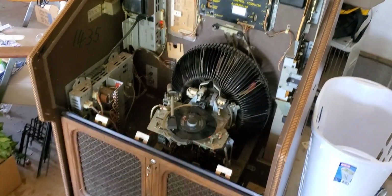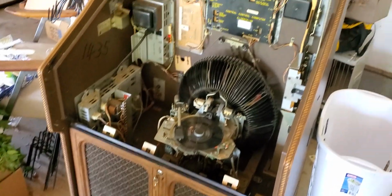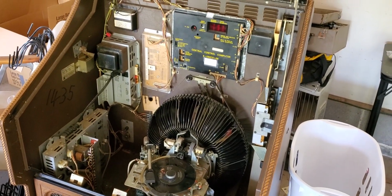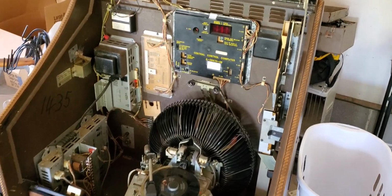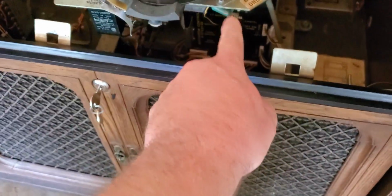I cut it off while I was playing the record, so the record's still on the turntable. But I had to put a new set of speakers in it, and send the computer out. This computer right here, I had to send it out. Well, no, I did a core exchange. I didn't really send it out. And then another one right down here, a place up in New Hampshire called